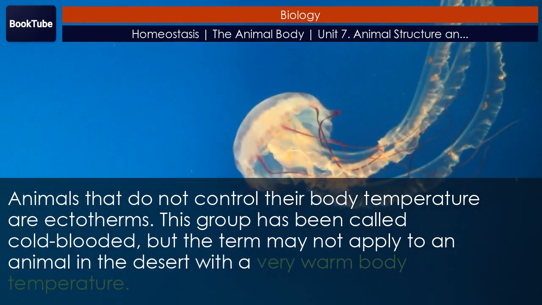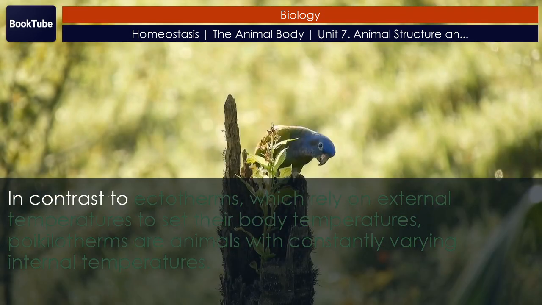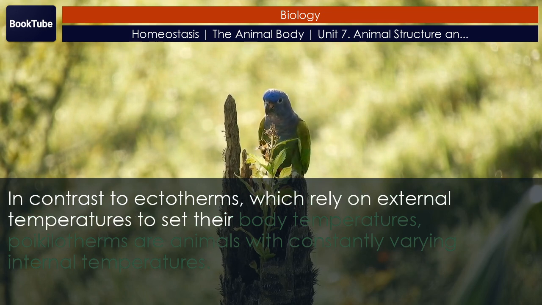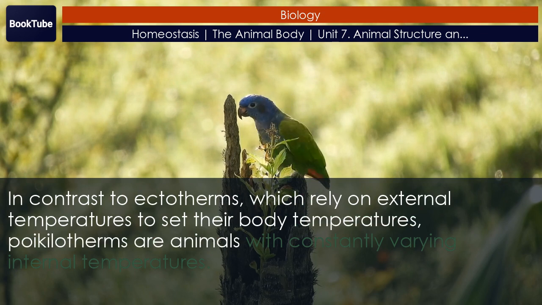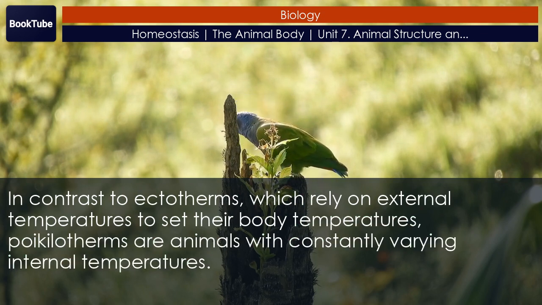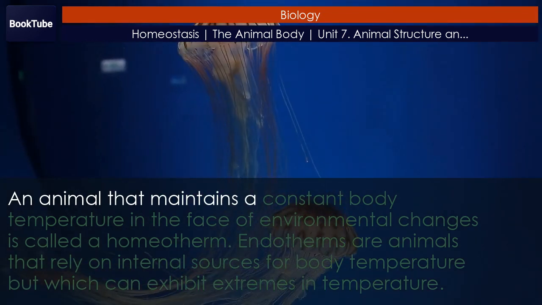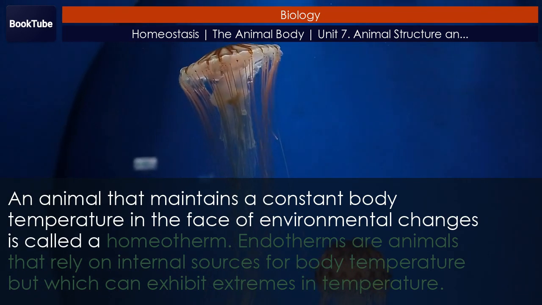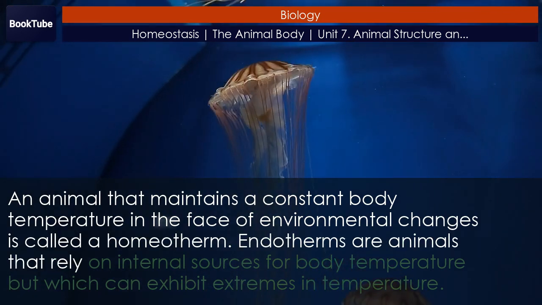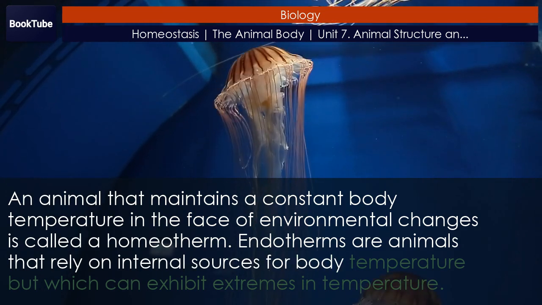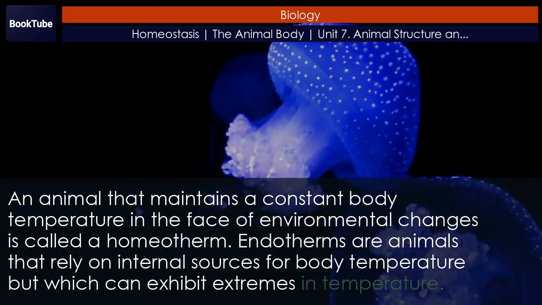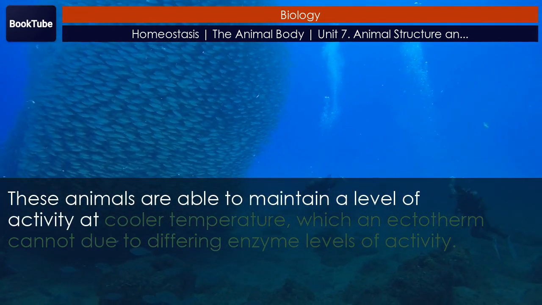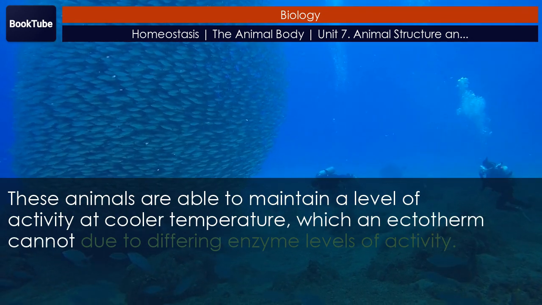In contrast to ectotherms, which rely on external temperatures to set their body temperatures, poikilotherms are animals with constantly varying internal temperatures. An animal that maintains a constant body temperature in the face of environmental changes is called a homeotherm. Endotherms are animals that rely on internal sources for body temperature but which can exhibit extremes in temperature. These animals are able to maintain a level of activity at cooler temperature, which an ectotherm cannot due to differing